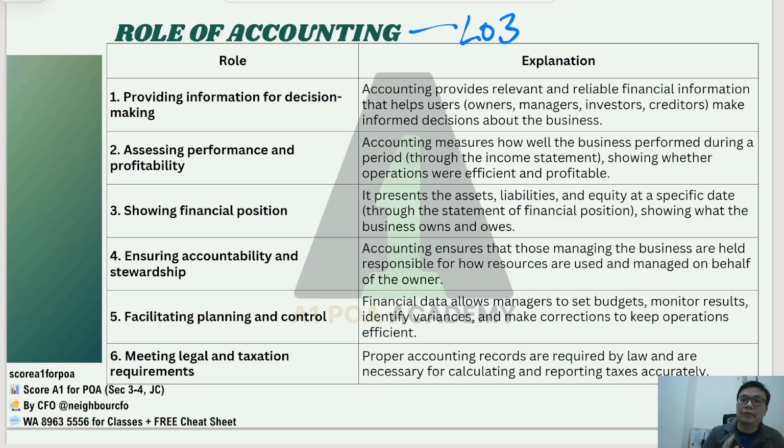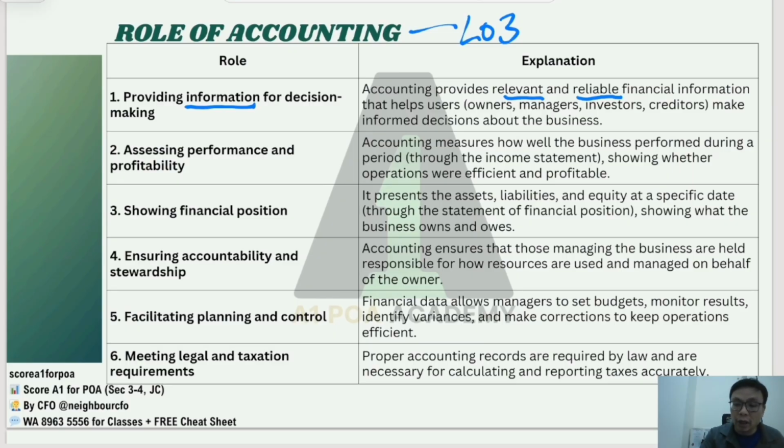If you look at this table, we have the row on the left hand of this table, and on the right, the explanation. For the row, we have all these respective specific roles. First and foremost, to provide information for decision making. Yes, we mentioned this. Why is there a need to do so? Because when you provide information on the assumption that it is relevant and reliable, you will be able to help the various stakeholders such as the shareholder, the owner, the manager, investor, and even creditors to make informed decisions